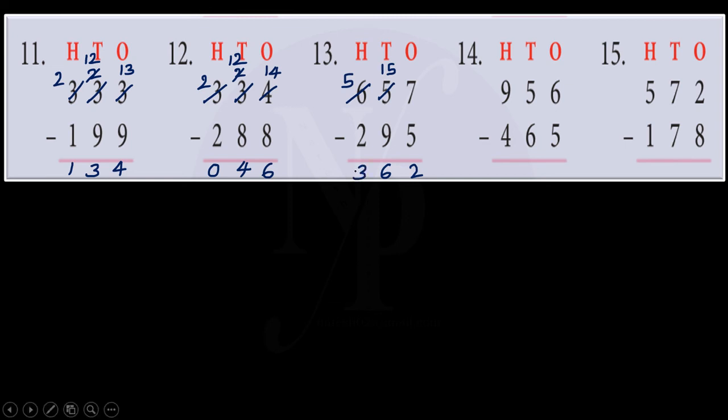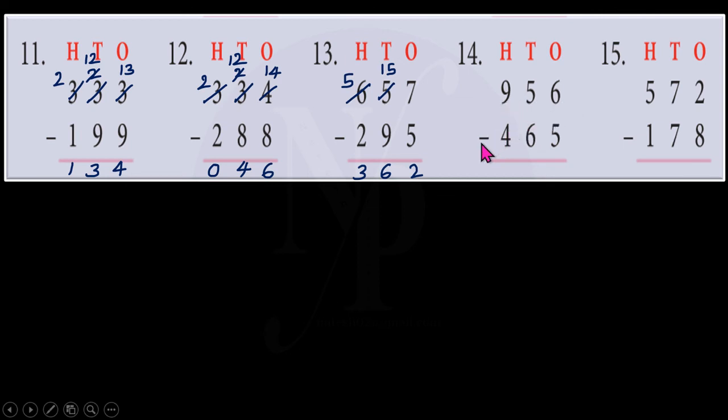Therefore, 362 is the difference of 657 and 295. Coming to question number 14, we have